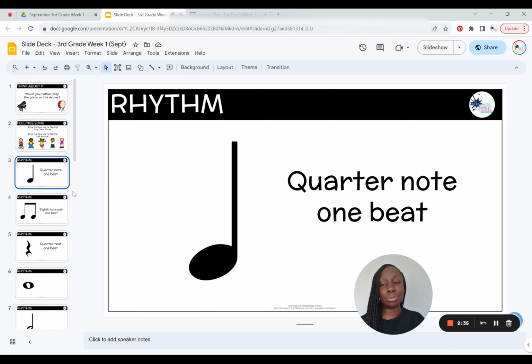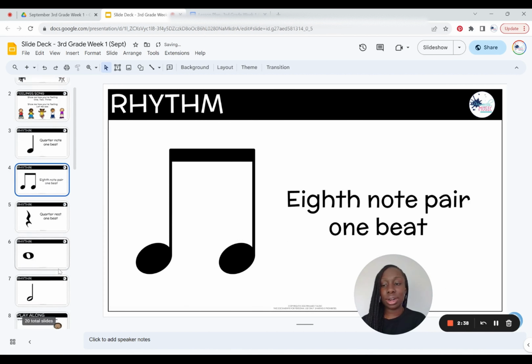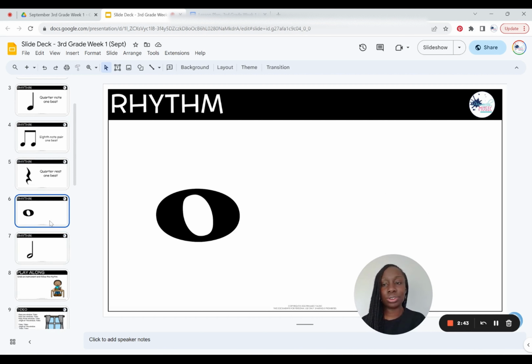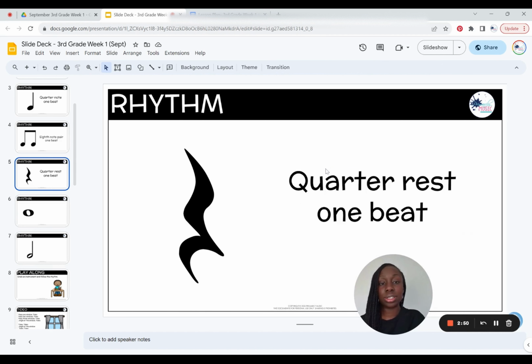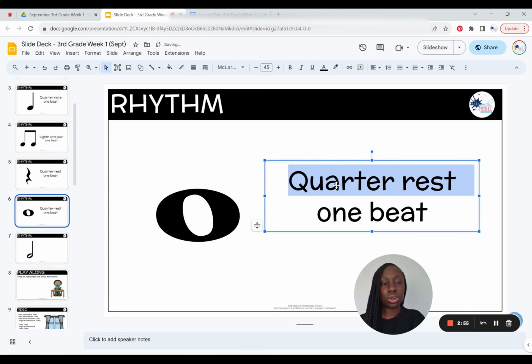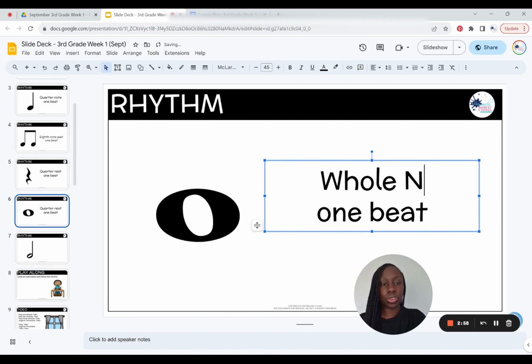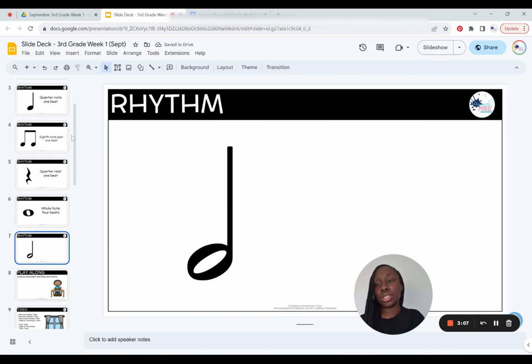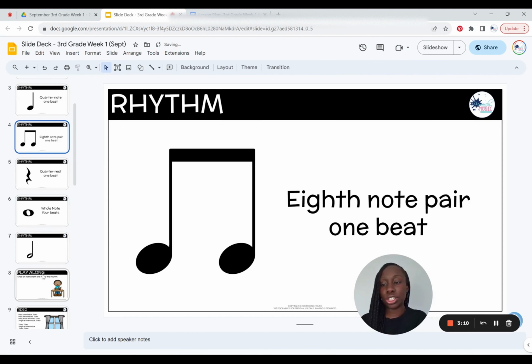Again, this is similar to the second grade slides. We've just added half notes and whole notes for third grade. And I need to edit this as well. Let me do that now, while actually, let me not do it now. But you can edit these. I just said, let me not do it now, as I'm doing it now. I'll do the other one later. But you can edit these slides as well to whatever terminology you use.